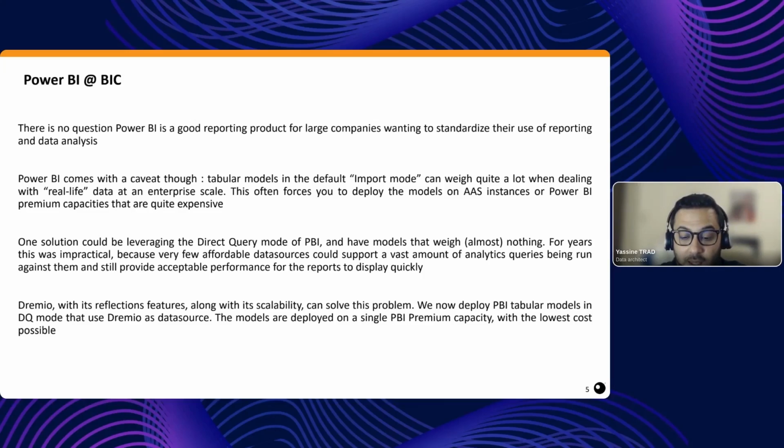So here we obviously are leveraging the Reflections feature of Dremio. That's the interesting part. That's what allows Dremio to answer a query in a few milliseconds, even on huge fact tables. Fact tables with billions of rows or a billion or two. We have the case at BIC regularly of data in a fact table. And we can still have a Power BI direct query model and good performance on reports, acceptable user performance